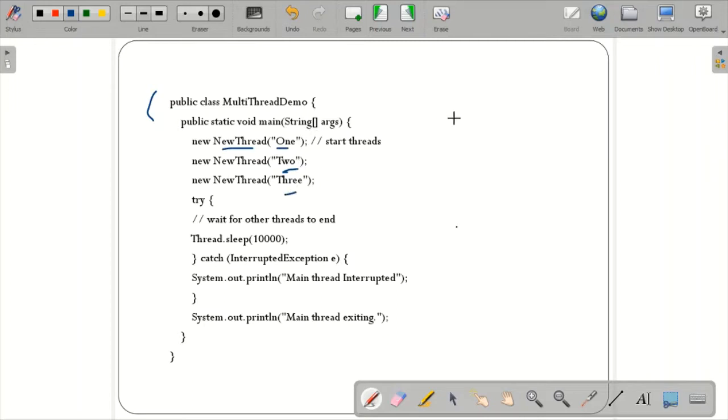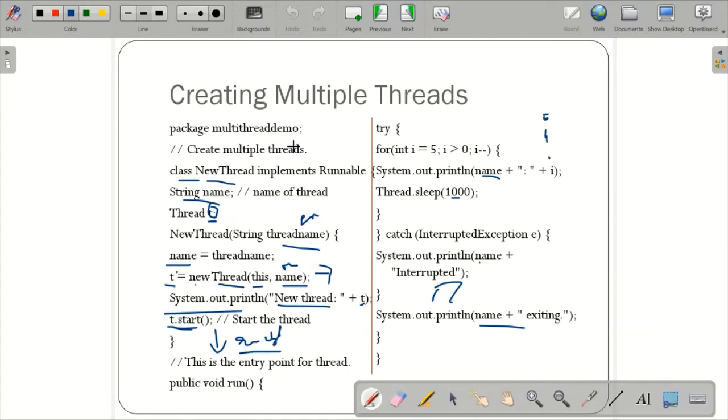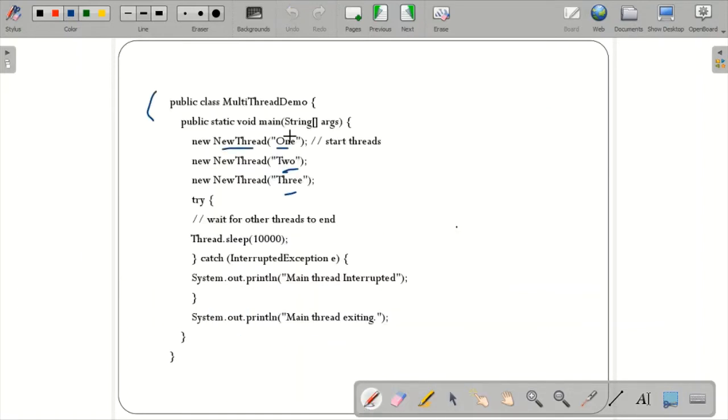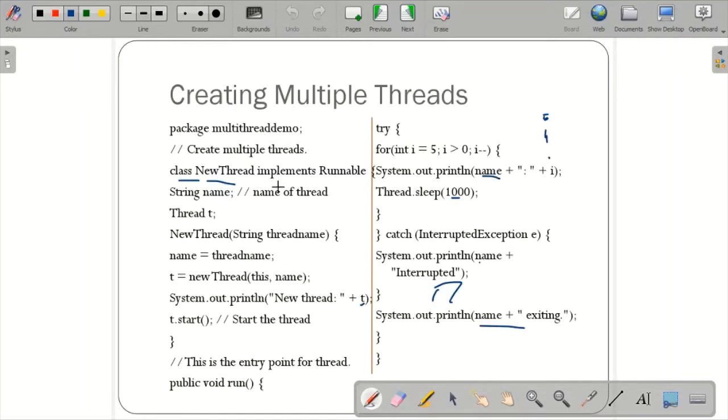Now what is happening over here? When you call new thread 1, 1 is being passed over here, and that 1 is stored in this name.